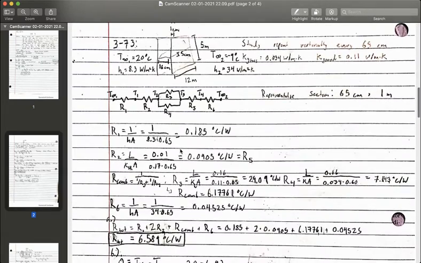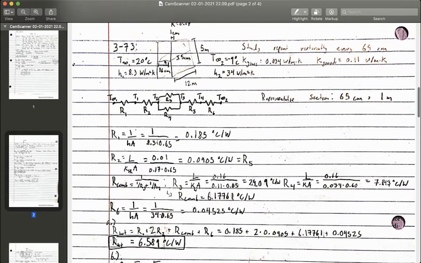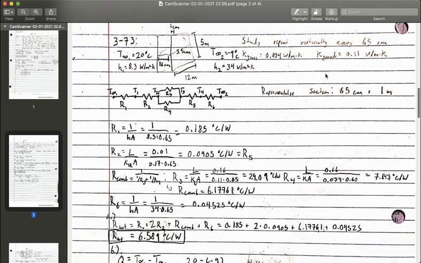The next one is about heat transfer through a little bit more of a complex system. We have sheetrock and then fiberglass and wood here. And so we draw our picture diagram and our resistance diagram. And so this wood fiberglass system is repeating vertically every 65 centimeters. So I'm going to use 65 centimeters vertical or height and 1 meter depth just to simplify things for my